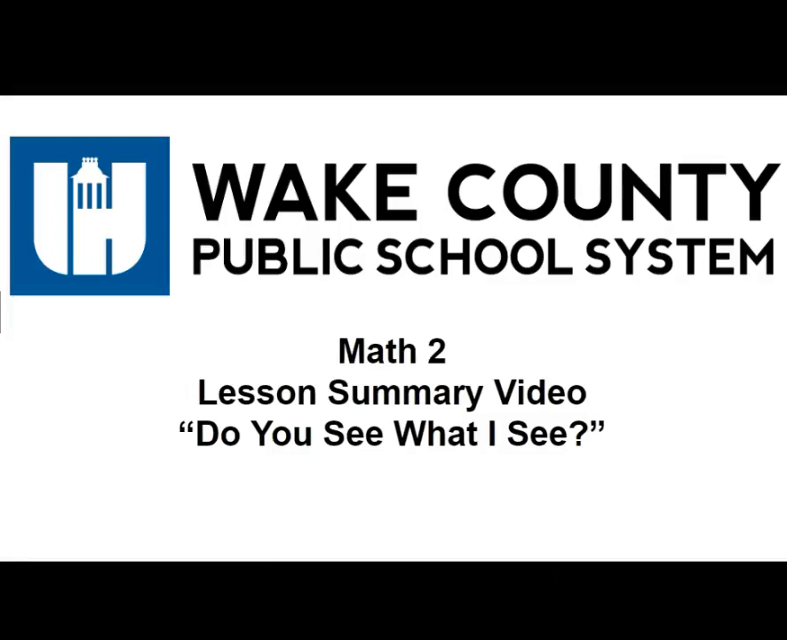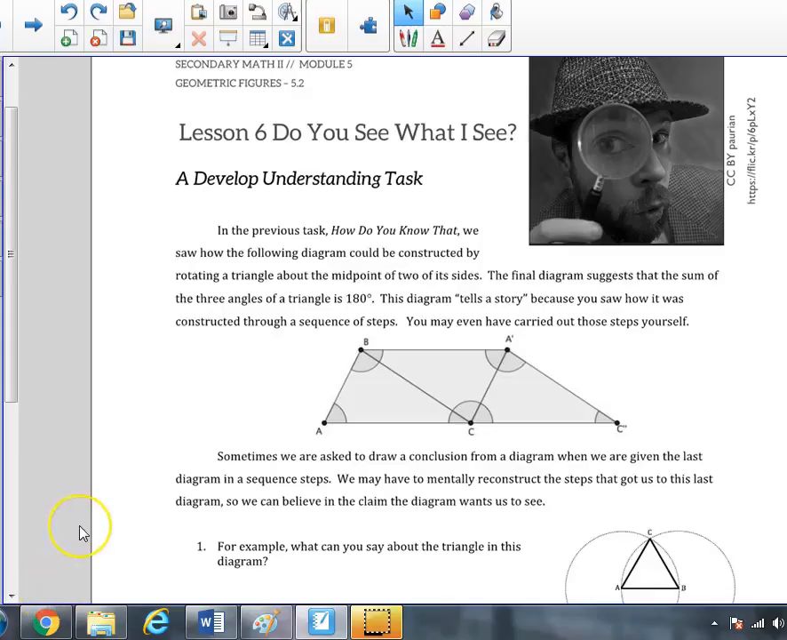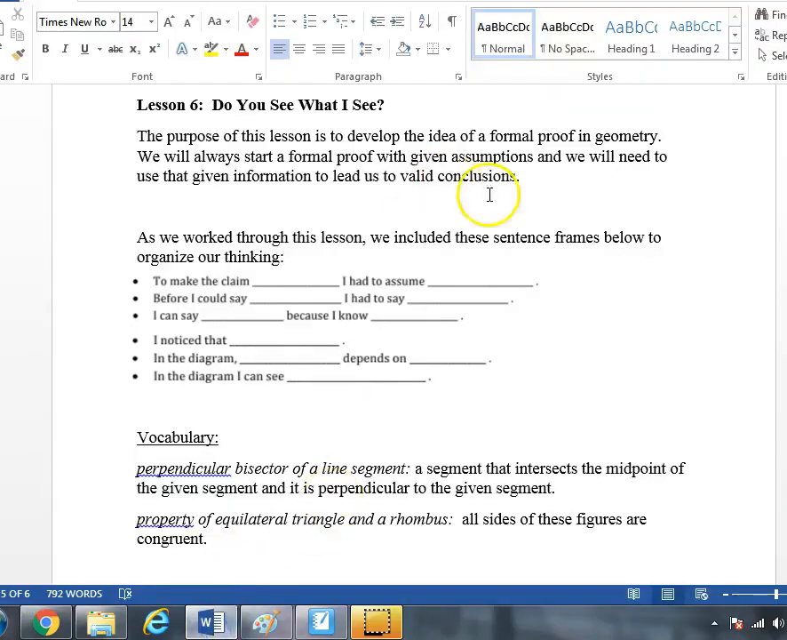This is the Math 2 lesson summary video for the lesson entitled, Do You See What I See? In Lesson 6, Do You See What I See? The purpose of this lesson is to develop the idea of formal proof in geometry. We always start a formal proof with given assumptions, and we will need to use that given information to lead